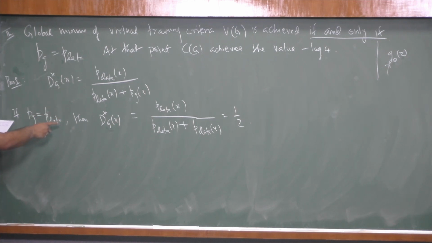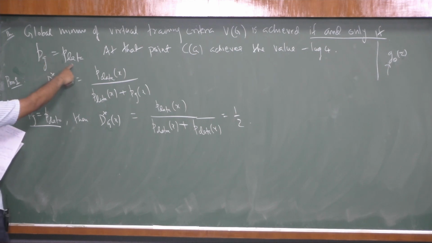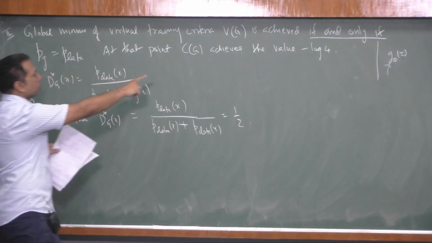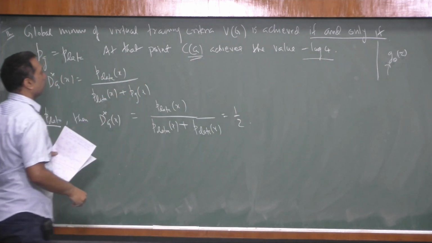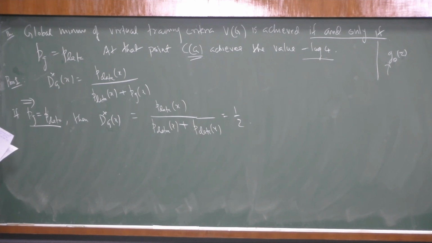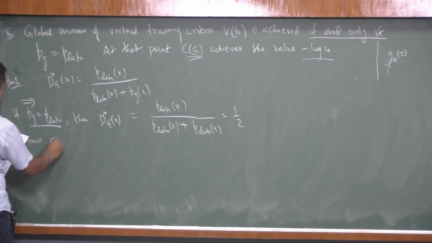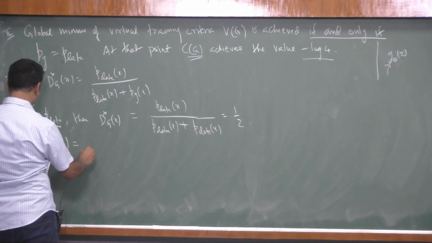So if this is the case, right? If PG is P data, this is the forward implication we are trying to do. This is if and only if. So what we are doing is the if part. So if this happens, then we are supposed to show that the CG value also, which is the next step we are trying to prove, is minus log 4. Okay. So with this, hence CG